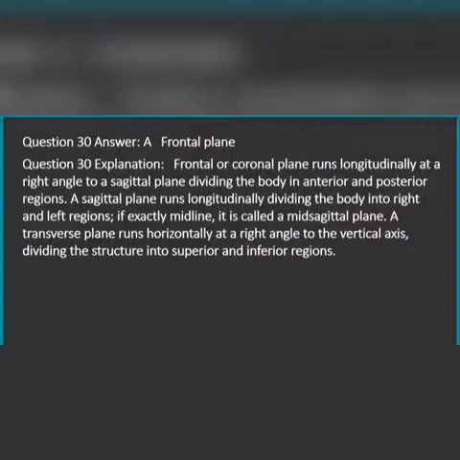Question 30 Explanation: Frontal or coronal plane runs longitudinally at a right angle to a sagittal plane, dividing the body in anterior and posterior regions. A sagittal plane runs longitudinally, dividing the body into right and left regions. If exactly midline, it is called a mid-sagittal plane. A transverse plane runs horizontally at a right angle to the vertical axis, dividing the structure into superior and inferior